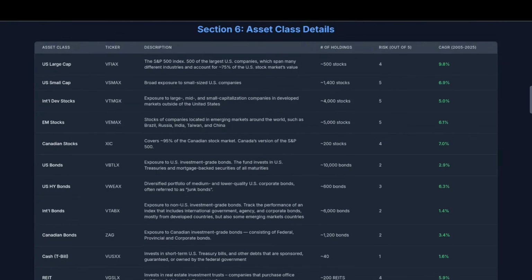So I wanted to go into what was driving each of these asset classes, what was behind them. When we talk about US large cap, what do we mean? US large cap is the S&P 500 index, okay? So the 500 of the largest US companies which span many different industries and account for 75% of the US stock market value. So number of holdings is 500 stocks. Risk out of 5 is 4, and the CAGR return is 9.8% between 2005 and 2025. And we often hear this bandied around that the markets do around 10% a year, and this is typically where